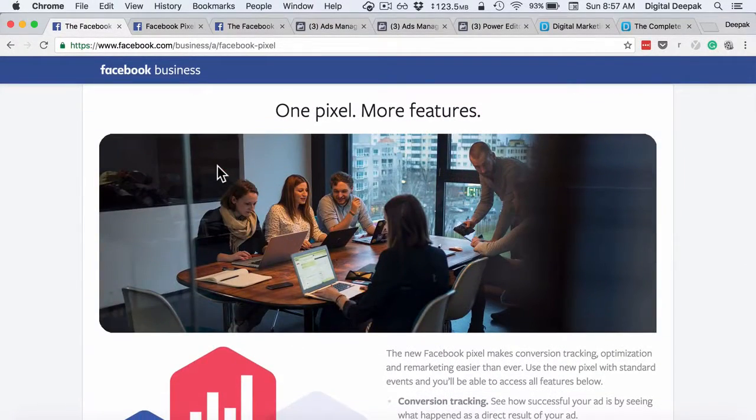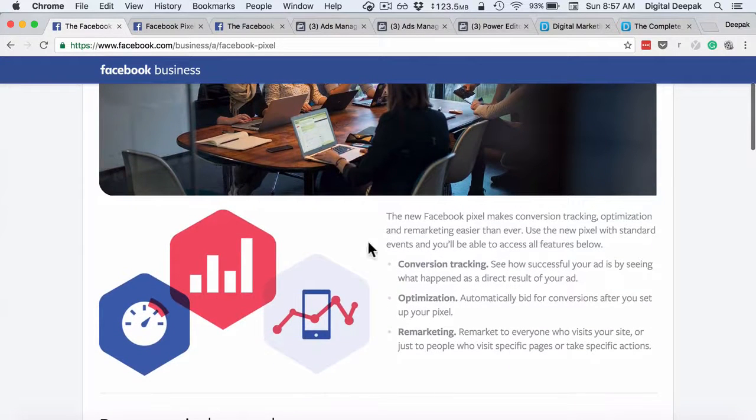So I believe that you would have experimented with Google Analytics. What Google Analytics does is that it basically tracks all the visitors to your website, right? On each and every page the analytics code is there and it tracks all the visitors. Facebook Pixel does something similar, and if you want to do conversion tracking, all you have to do is set up a conversion event, and since Facebook Pixel is already there, it would automatically become a conversion event.